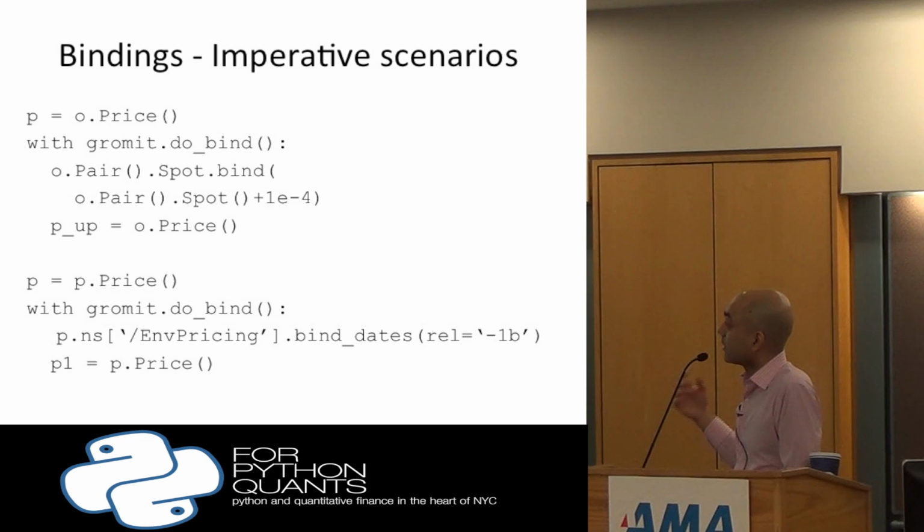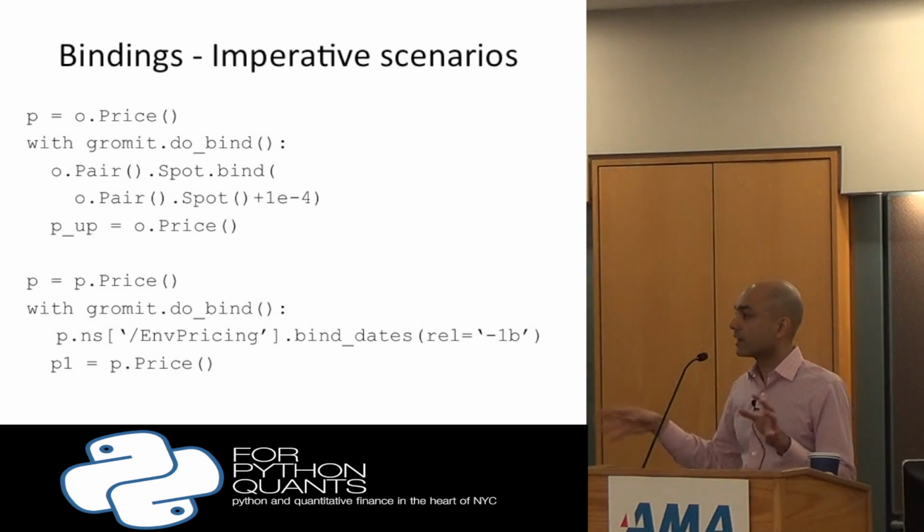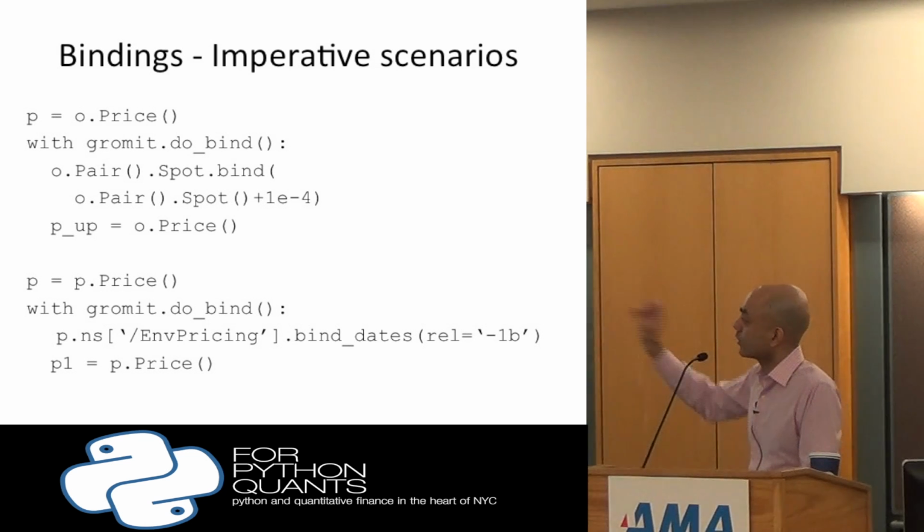Very efficient. It only recomputes a path that's changed, and I can script this, I can do whatever I like. I can define as many scenarios as I like, and you can see the object-oriented nature of it makes it very easy to know what your pair is, tweak the spot. Tweaking spot is actually an interesting operation because you don't really just want to rebind spot. You actually also want to change the forward curve. You also want to figure out which is your primary currency of your currency pair, do the right thing there, right? So you actually have a little hook to do that.